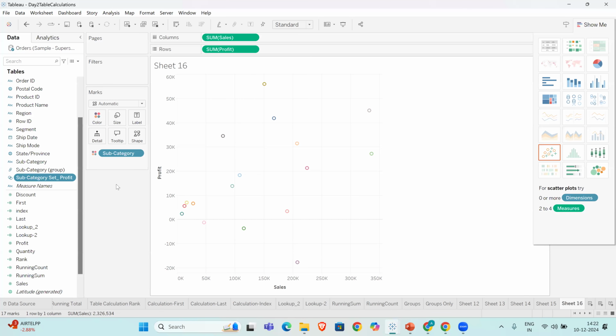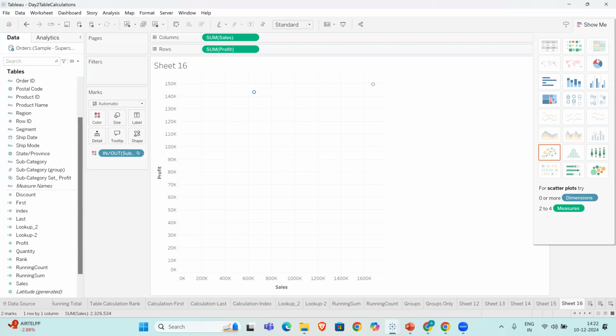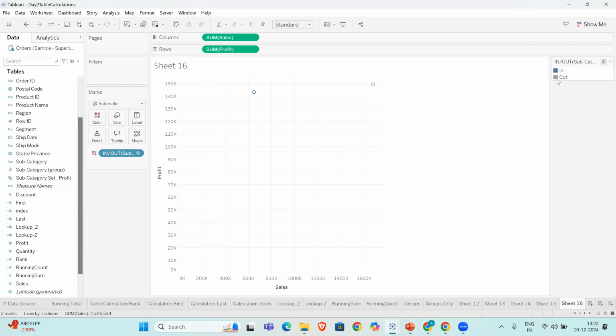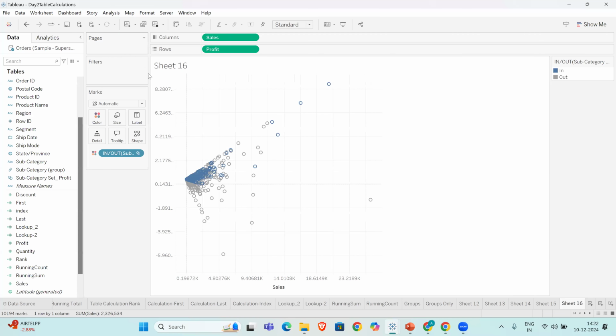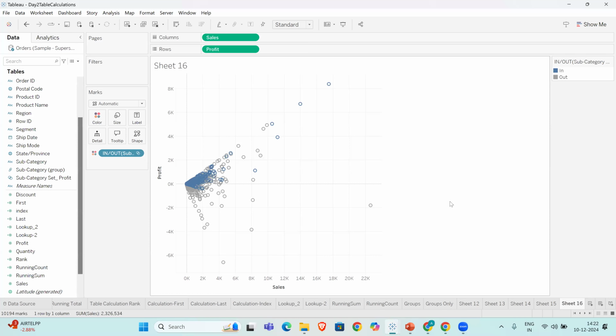Okay, fine. Now if I put this set into color, see there are only two values, one In and one Out. In says these are the categories which are in, and Out says these are the categories which are out. These are the categories generating higher profit, and these are the categories which are not in the set. And again, if we do it in this way, let's say I go over here. I have chosen not to aggregate the values. So can you see now in this set,